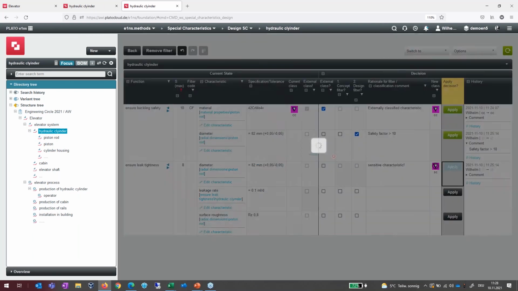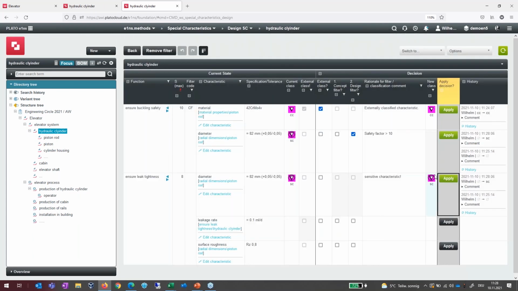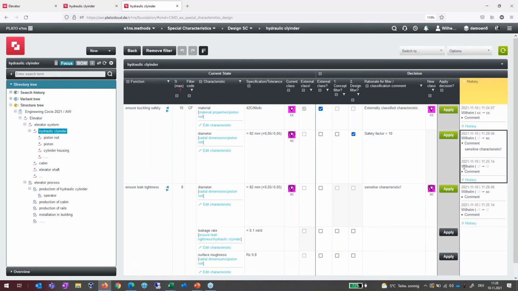We say apply, and what happens now is that the diameter is becoming an SE characteristic. You see it here in the current state. In the current state, the class is now an SE, and of course also the diameter up here. And when you're wondering why we decided here it's a robust design, but it's although an SE characteristic, then you can have a look at the classification back here, and you can see,